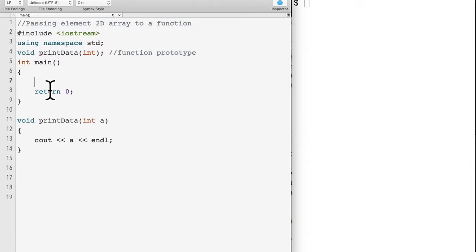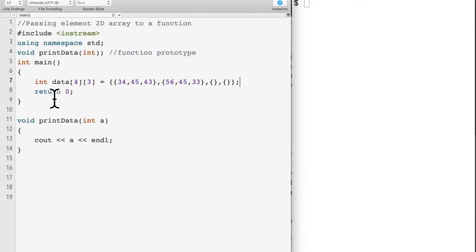So to show the example, I need to create an array. Let's say the name of the array is data, and this is a 2D array with size 4 times 3, and I'll initialize some of the values here. For the first row, row index 0, I can initialize some values, and for the rest of the elements, if I just put empty curly braces here, they are going to be initialized as 0.